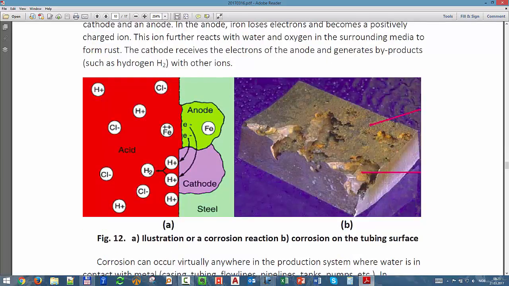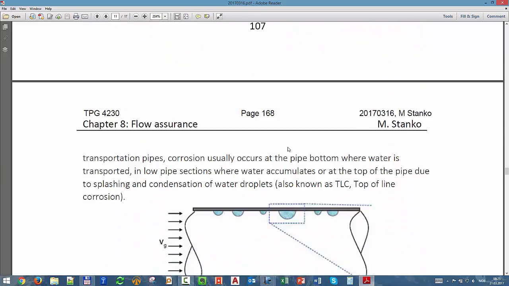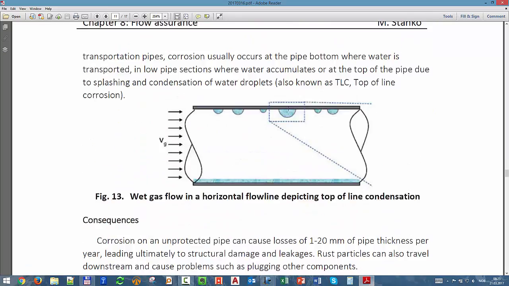Corrosion, some picture, I think that picture was not last class. And corrosion, just to make you aware that it is not only every time that we have contact between the metal and the water, but also it can happen very strangely in gas pipelines, transport pipelines, when you have condensation or you have splashing of liquid on the top of the wall. And that's top of line corrosion,